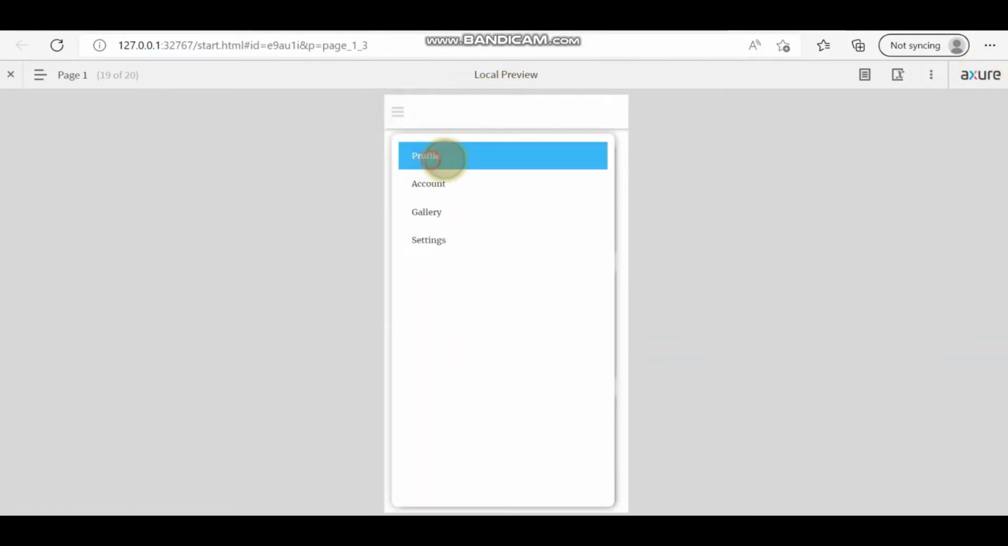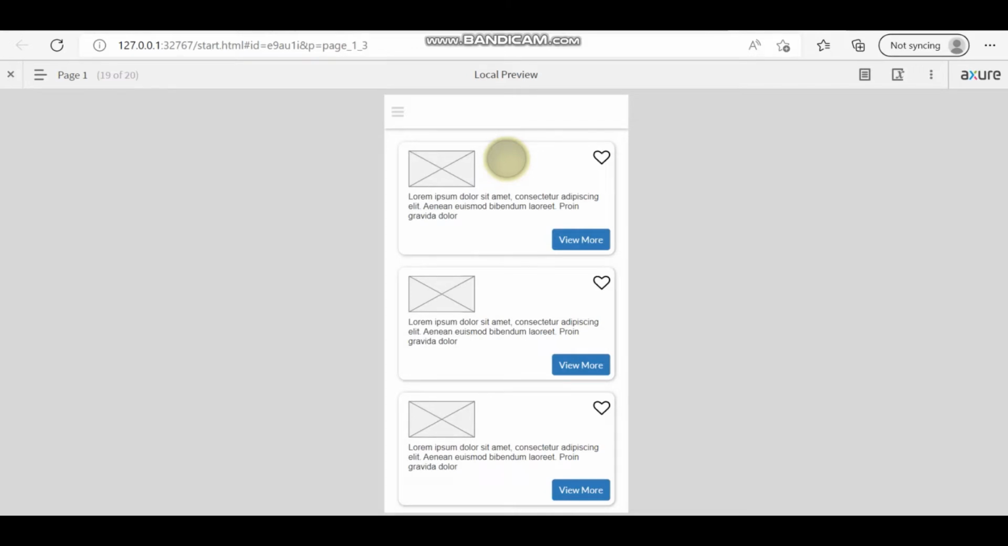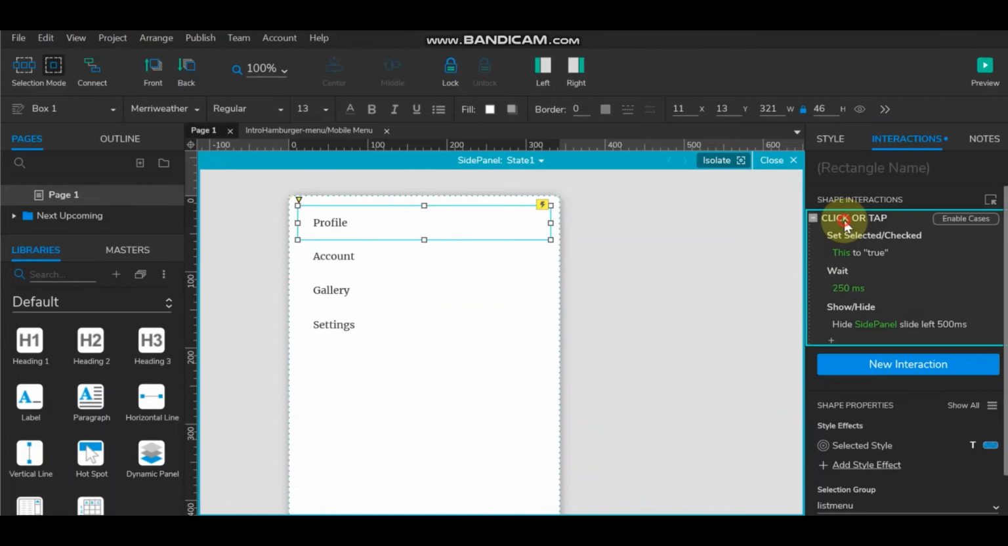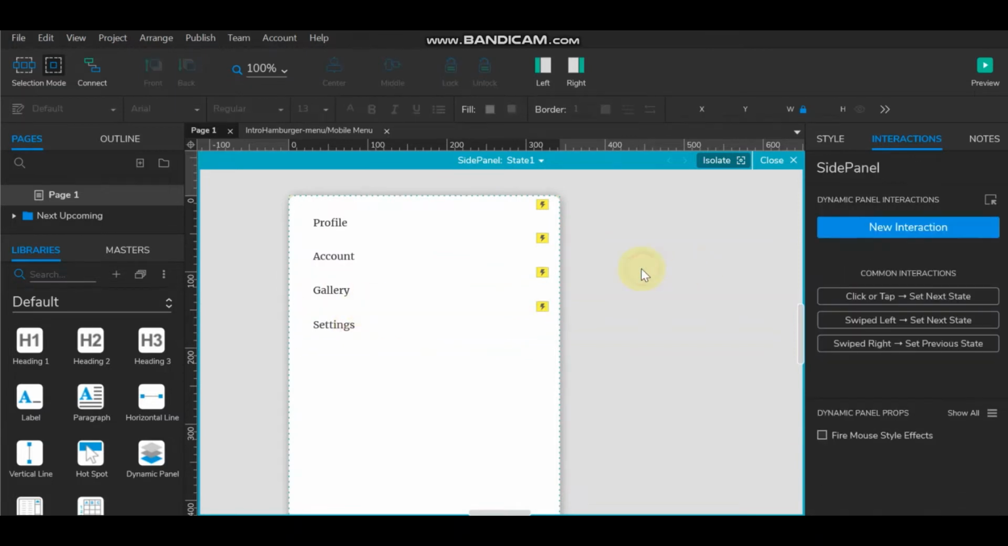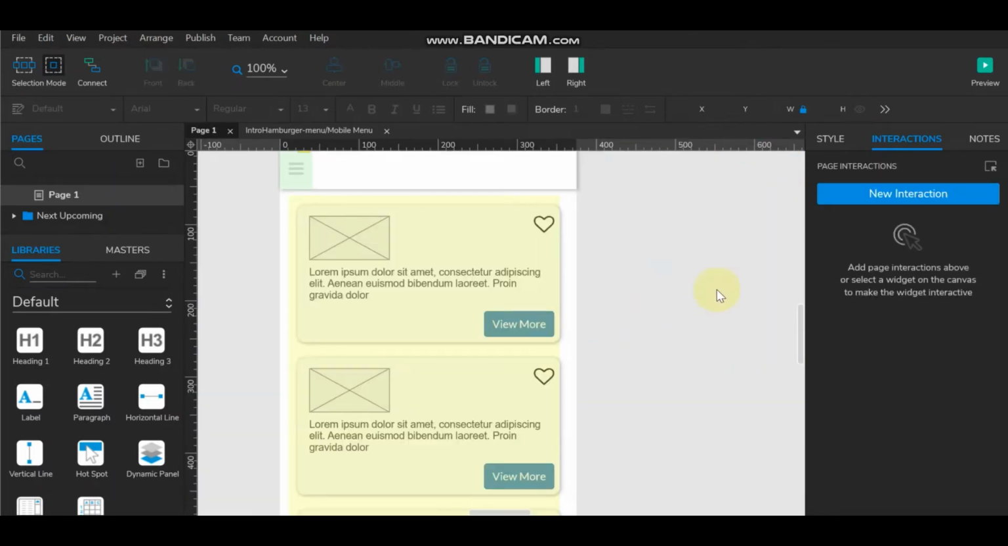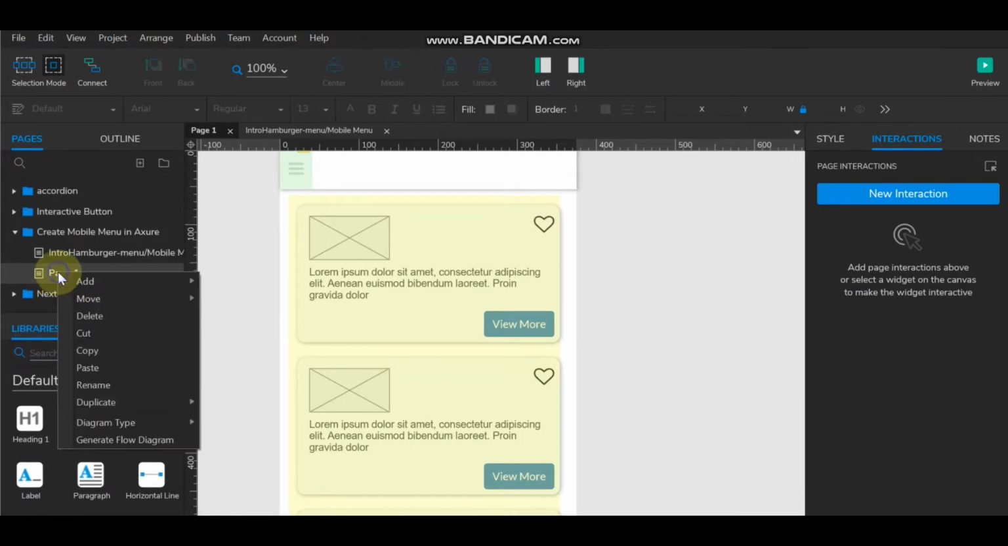Click on this profile and getting this. So fine. Now we'll copy this click or tap event and paste in another. So we can add any number of items, and even we can make it scrollable also. So next, once I click on this, it should come as a modal. So just duplicate this,